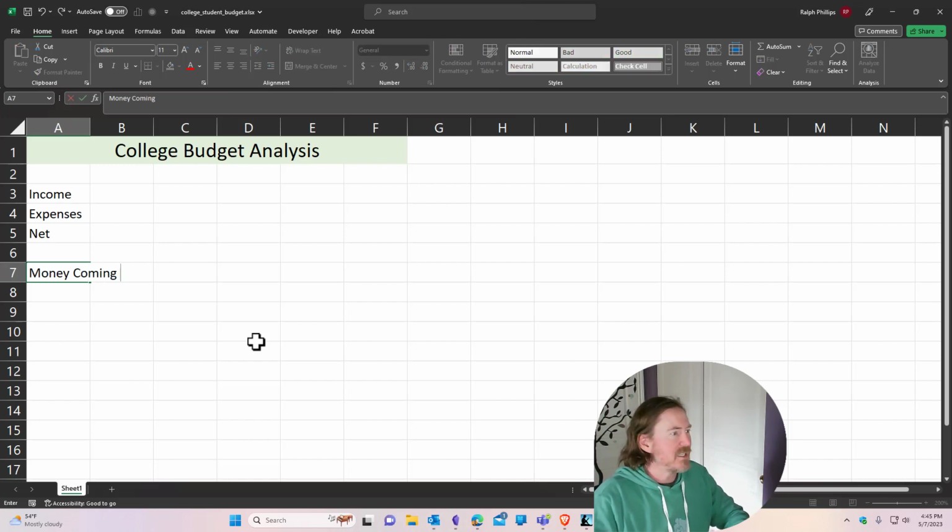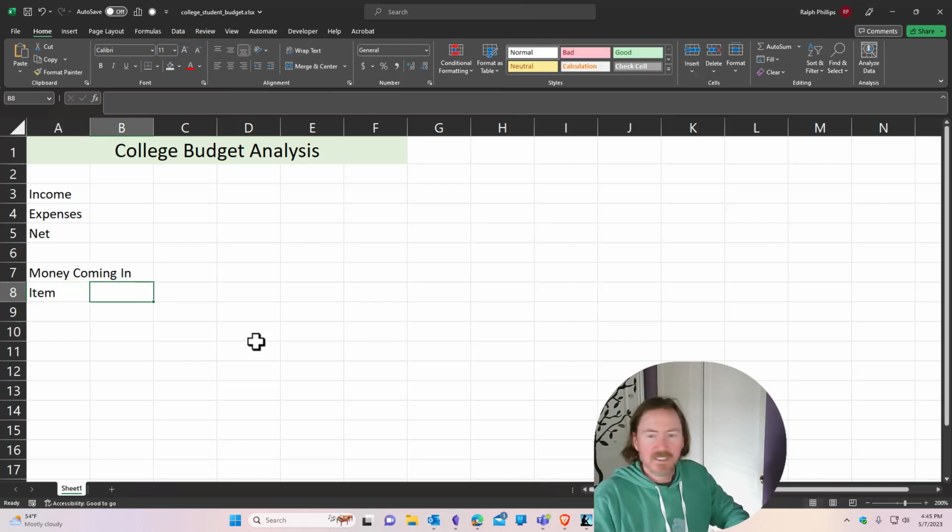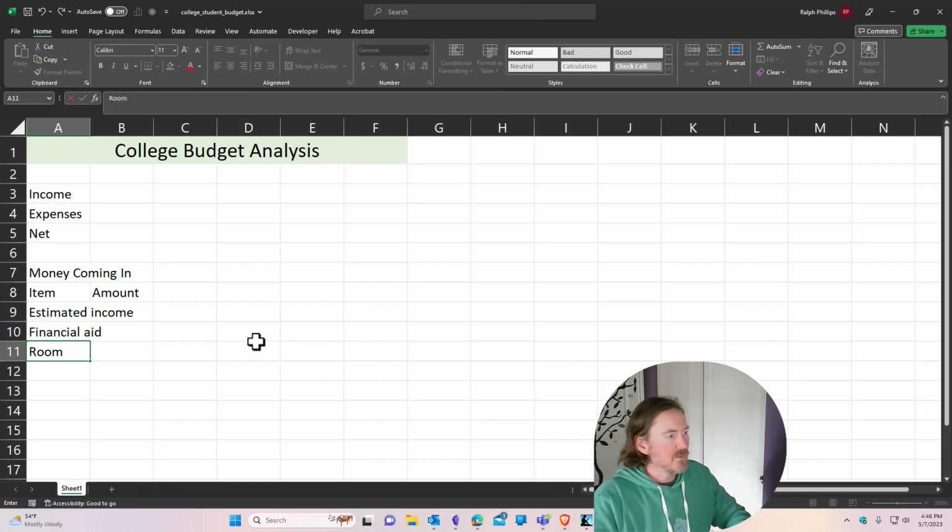Money coming in, and I'm going to go ahead and put in item, and then I'll press my tab key and I'll write in amount, enter, and let's see, I'm just going to go ahead and fill out what they've got on here. Go ahead and type this along yourself. Estimated income, financial aid, roommate contribution, and assistance from parents. Okay, and then we have a place for a total. And I guess I'll do that uppercase just like they do. I'm going to press my enter key a couple times, and then we have